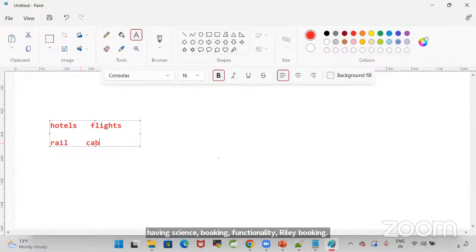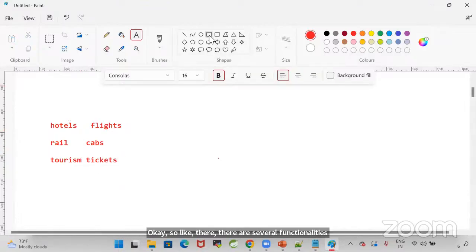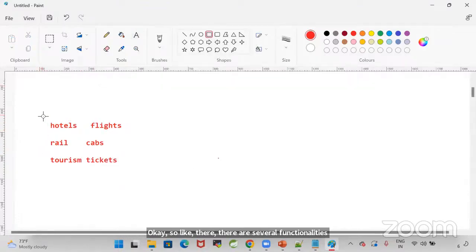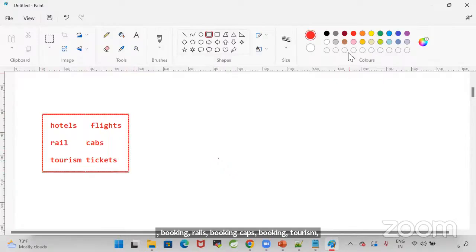I have cabs booking. I have some tourism plans, tourism booking, tourism tickets. So there are several functionalities available in my application: hotels booking, flights booking, rails booking, cabs booking, tourism tickets booking. N number of functionalities are available in my project.